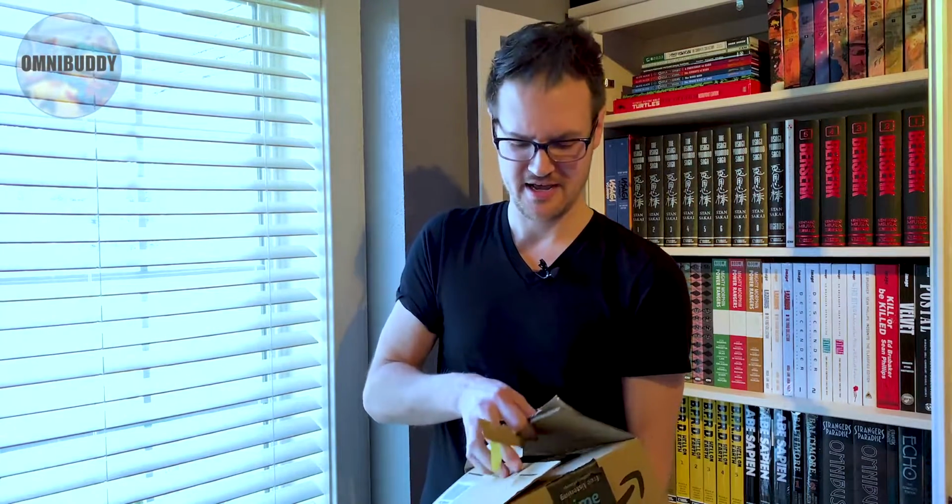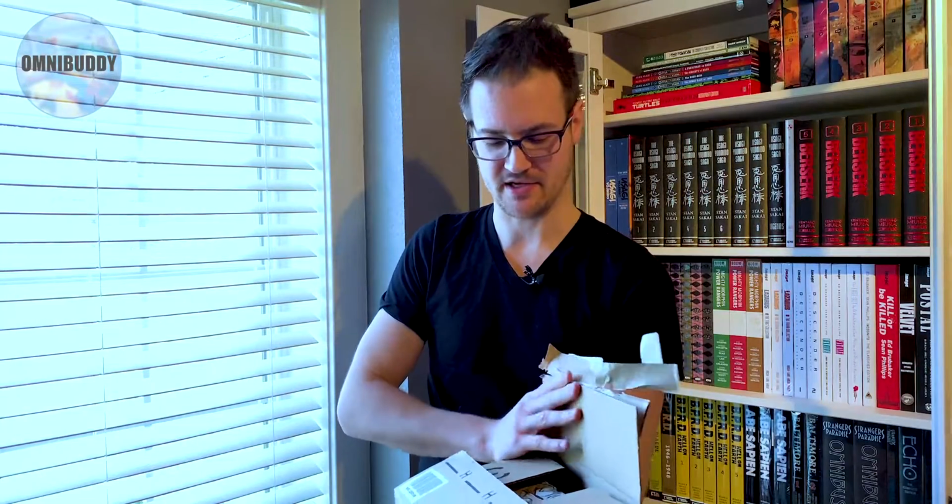I cannot understand the logistics behind how fast they can get a book to us. What I can also not understand is how they cannot throw any packaging in with the super heavy, expensive collected edition. That just boggles my mind. So let's open this guy up and see if we got lucky and it survived. And from what I'm seeing right now, it's looking like it